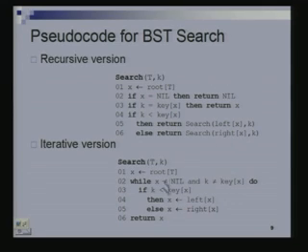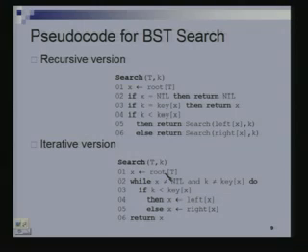Okay, good. Let us go to the iterative version now. In the iterative version, we are not going to make recursive calls to the search procedure. We are just going to keep marching down the same tree. So, we start with x referring to the root of the tree. While x is not nil and k is not the key in the root, then we will do something. What will we do? If k is less than the key, then we have to go left. So, x now gets the value of the left child of this current node.